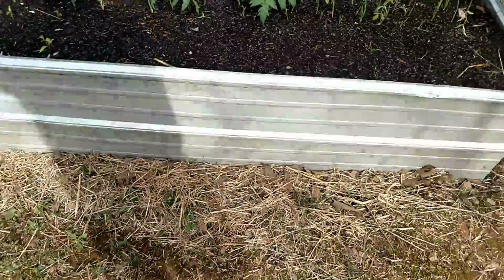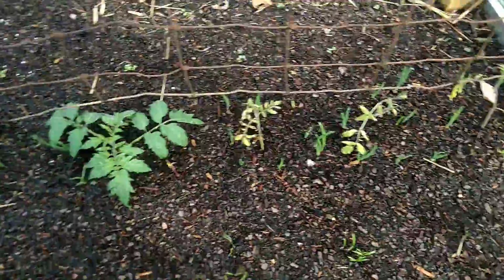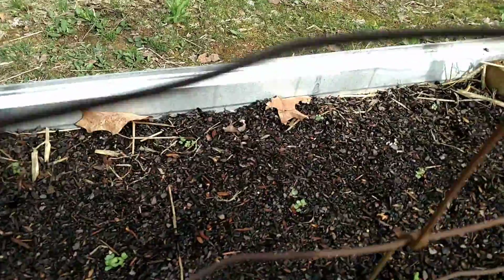Over here, as you can see, the tomatoes are doing good. On the other side of the fence there, we got cabbages. Our spinach is up and looking mighty fine. Then they're tiny, tiny, tiny. I don't know if you can see them or not, but right in here we got